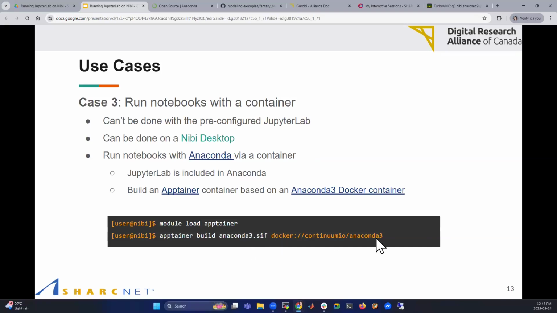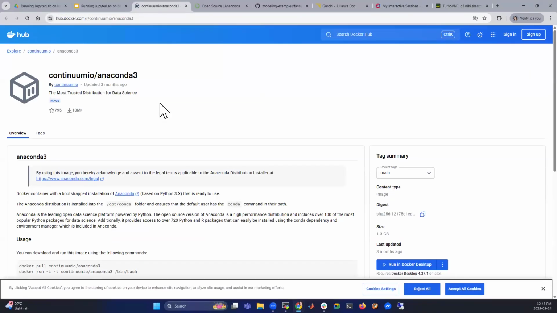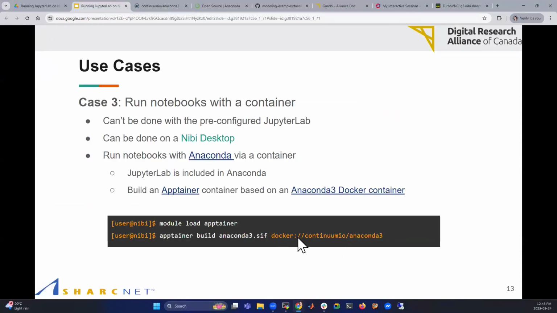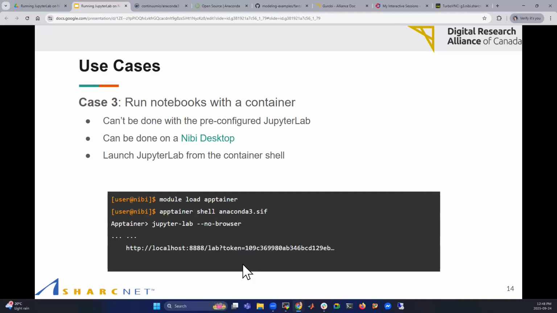And here is just the URL of that Docker container from Docker Hub. Okay, so for example, this Anaconda Docker container is available here. You see, this is the pull tag. So for the URL to use here, you just do docker://. Once you have this container built, then on the Nibi Desktop in the command line, to launch